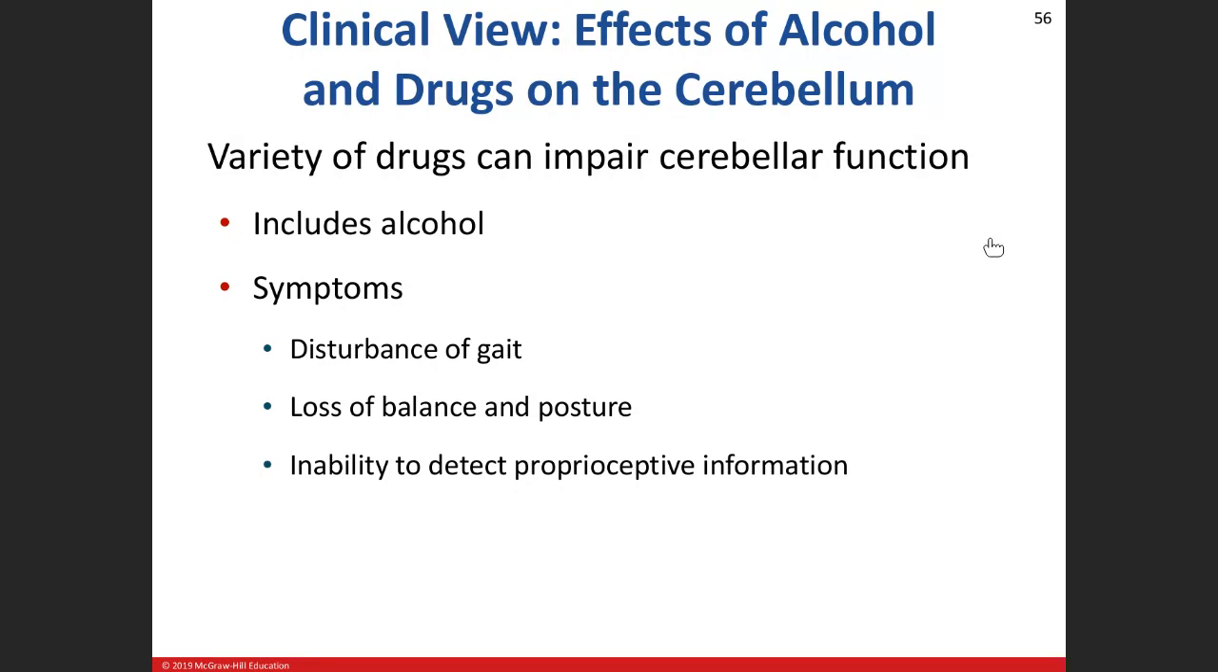So what we're seeing is, when you're getting a roadside sobriety test, they're testing your cerebellum, your equilibrium, your balance, your ability to control and coordinate fine motor movements. And obviously, drugs and alcohol can impair that. All right, let's get on to